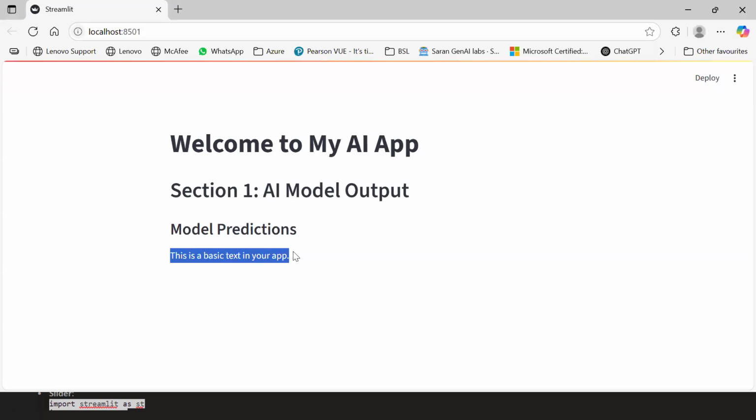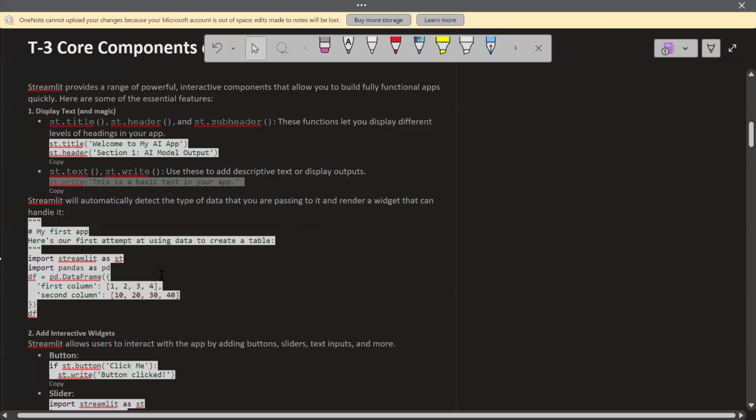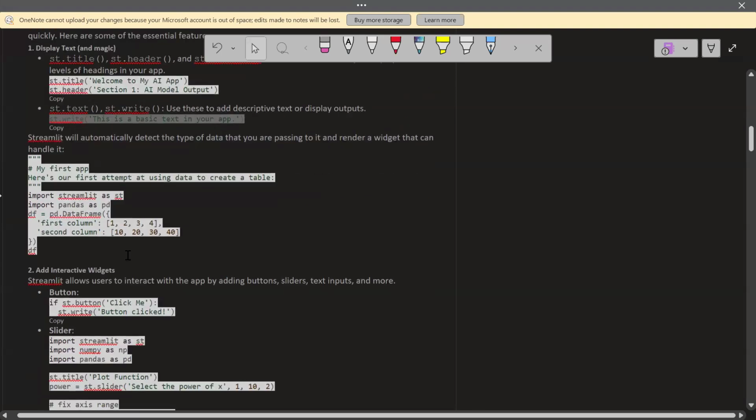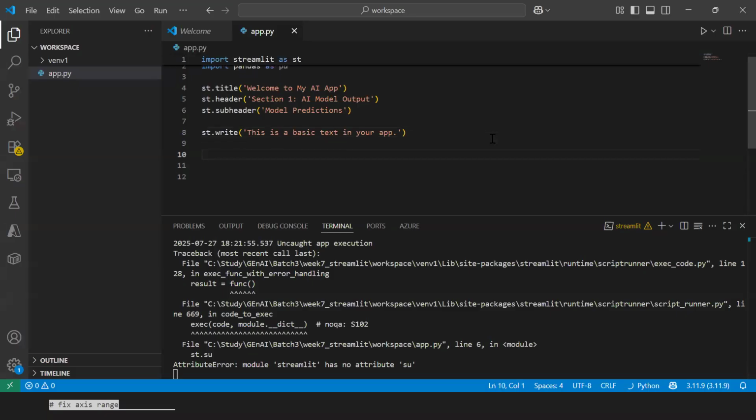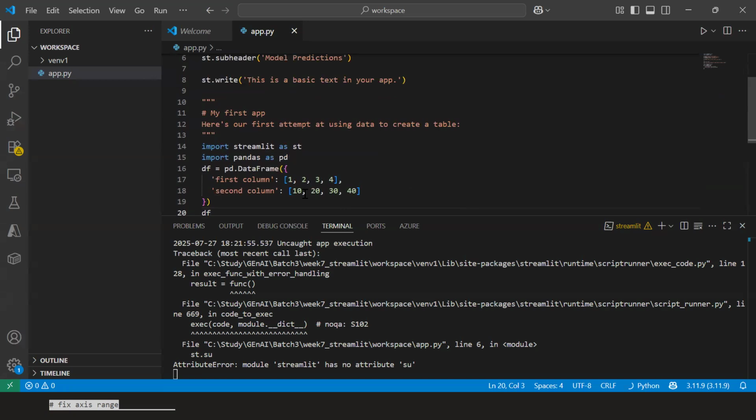Now this is being written in the normal text font basically. This is the basic text in your app. Okay, so all these you can use to write or present something on your screen. Let's say what I need to do is I need to take some input from a data frame. Let's see how we can do. So there is something called,